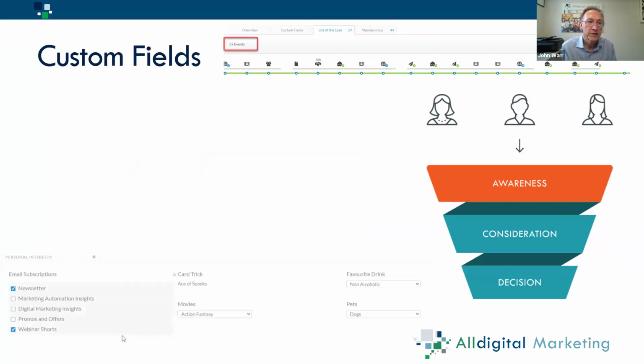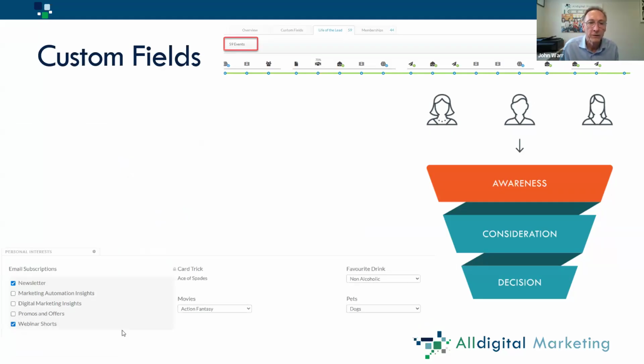And the other thing we can start to do is start building information around their profile. And as part of our profiling process, just to demonstrate, we do something like a card trick. So we can see here which card they picked. We can start to see what their favorite drinks are, what dogs, what animals they like, what sort of movies they watch. These are obviously done for demonstration purposes, but in reality, you can start to ask them questions, such as what is your desire? You're trying to grow your business. In other words, we can start to understand that person intimately so we can better communicate with them.